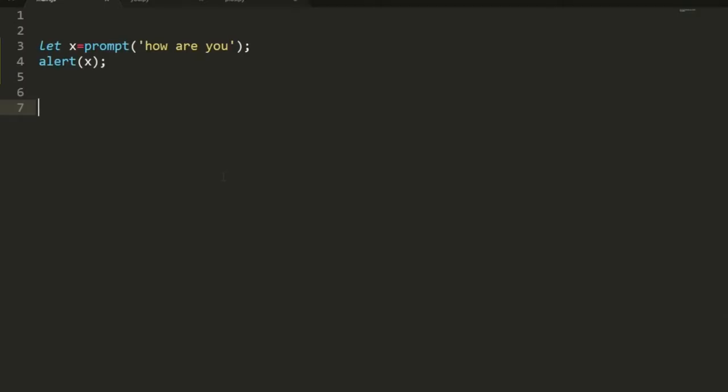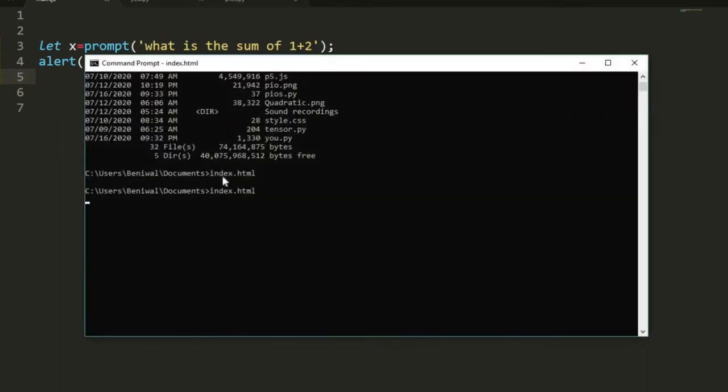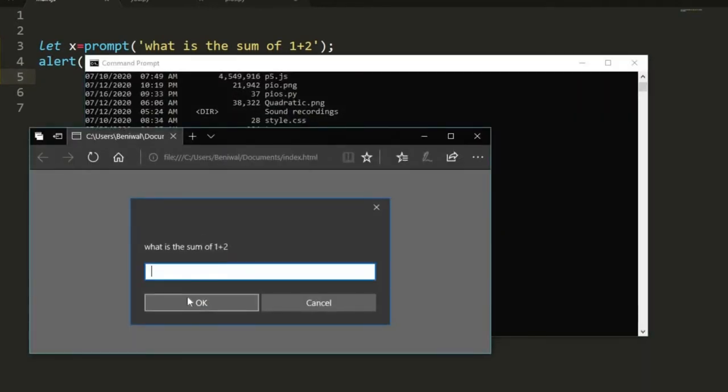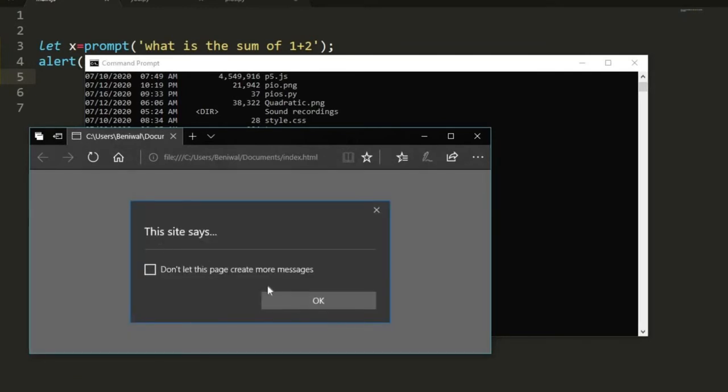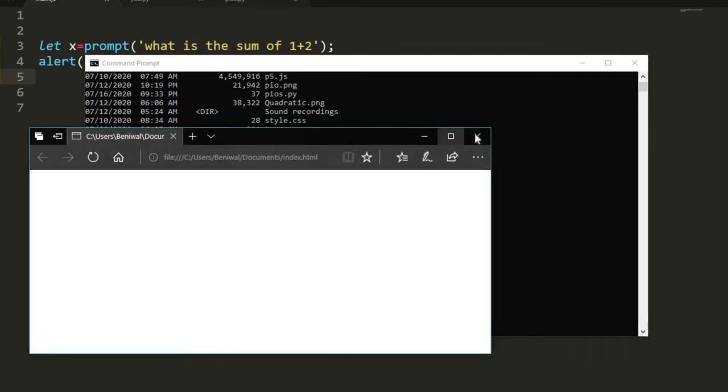Okay, so talking about our prompt method in brief, let x and now prompt, and we say what is the sum of 1 plus 2. The answer is obviously 3, but we can use some more cases for explanation. Running index.html, when we enter nothing here, it does not print anything, it doesn't show anything.